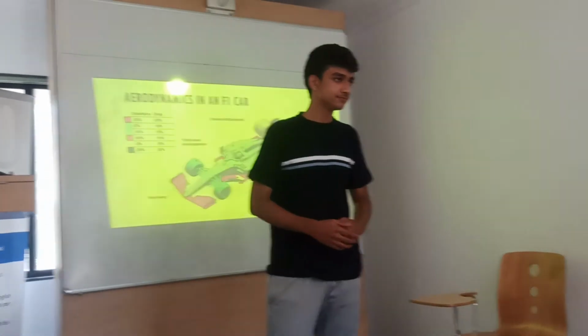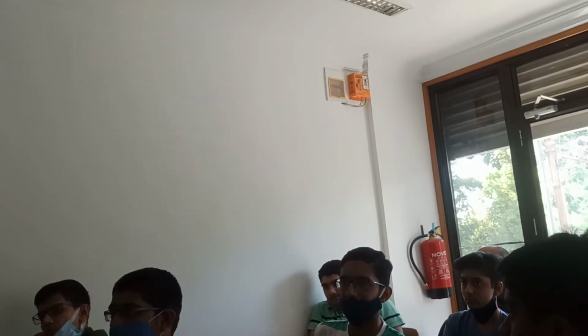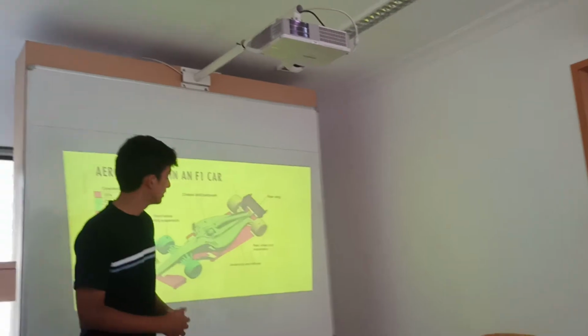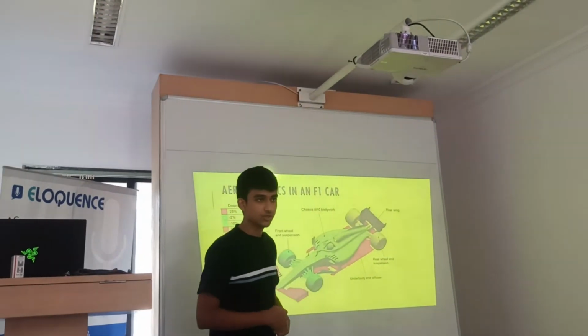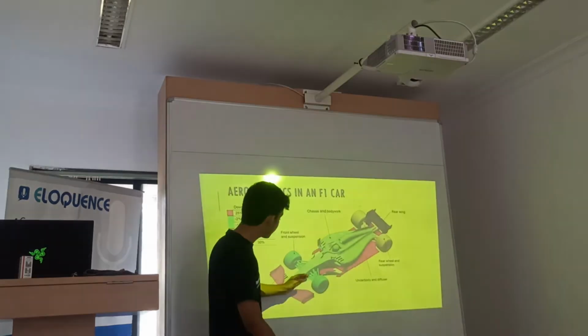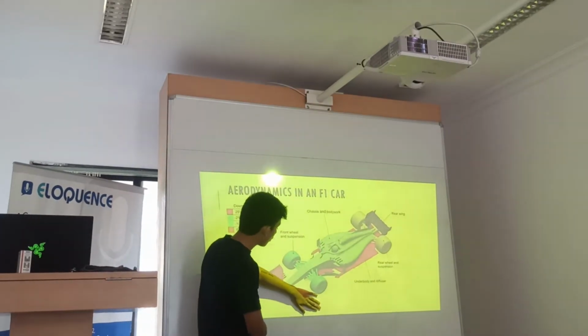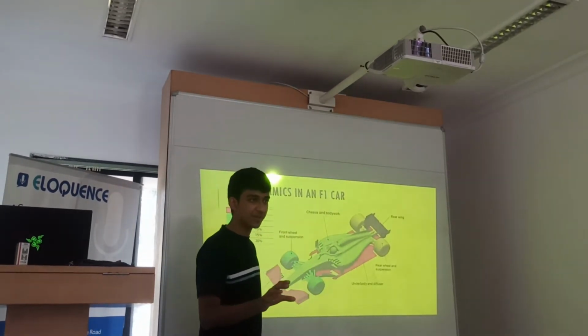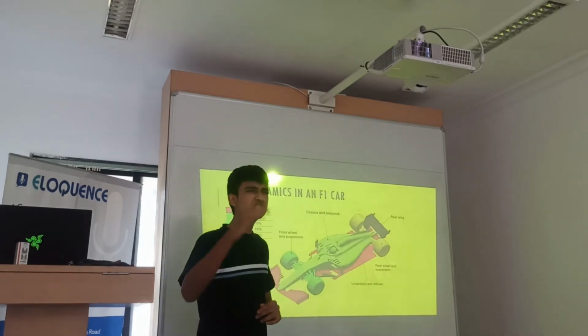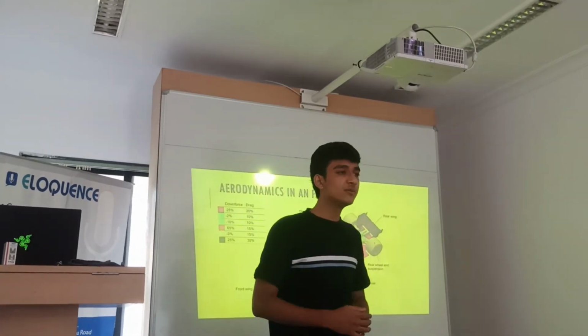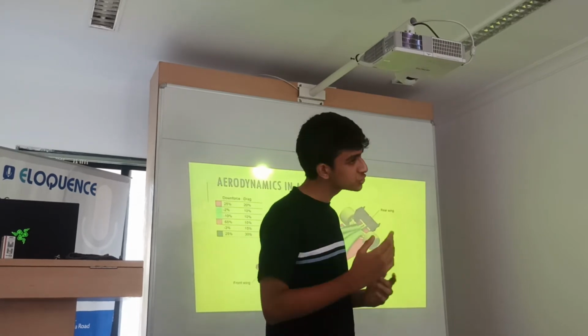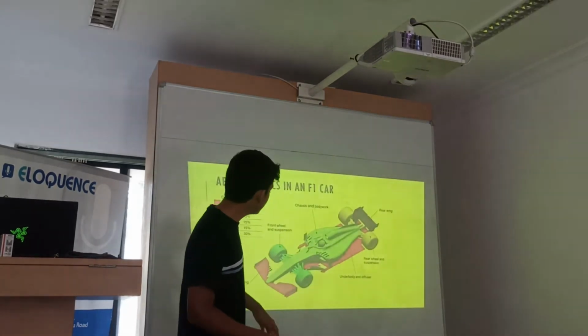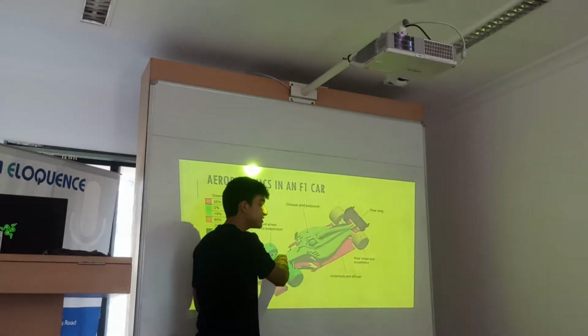What if any part of the car gets damaged or broken? Then wouldn't it affect the aerodynamics of the car? Definitely, it does. Let's assume you are racing and you have a slight crash with another car, and let's say half of your front wing is removed. Now, just tell me what would happen if this front wing did not exist. Air would go haywire around the car, which would hinder the aerodynamics. It would be unbalanced. Therefore, the downforce will be reduced significantly. The car will not be able to turn. There will be a lot of understeer in the car and oversteer also in a few corners. So it will really hinder. That's why in F1, the front wing is a detachable part.